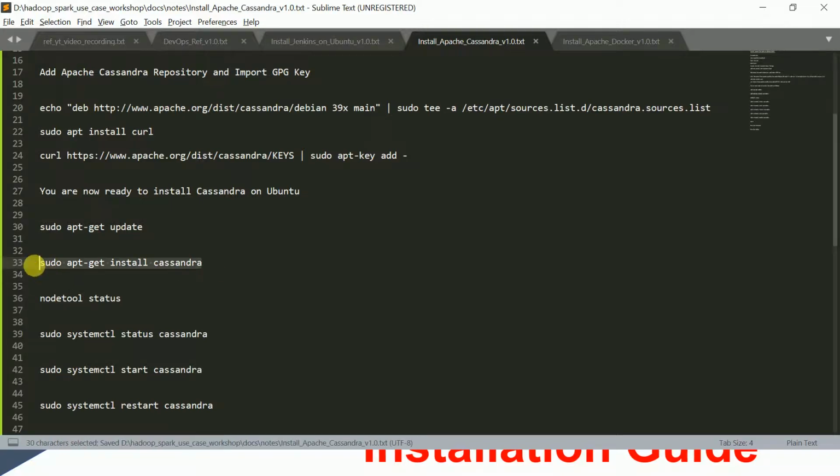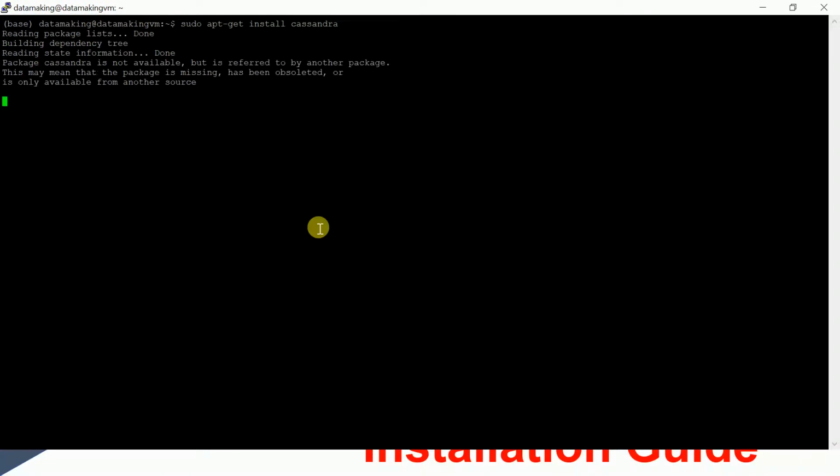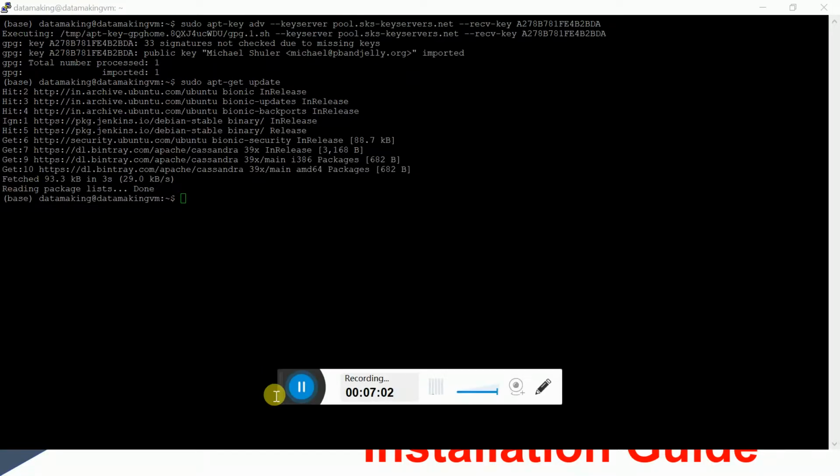I'm going to install this using sudo apt install cassandra. It says Cassandra is not available but referenced by another package. Okay, I found the public key for the GPG key for the Cassandra repository, so I just added it here.